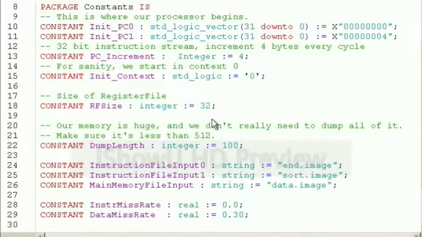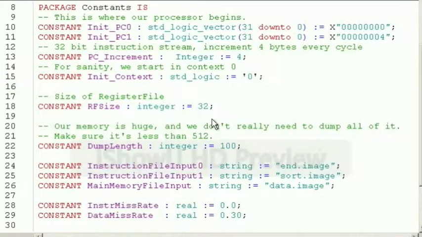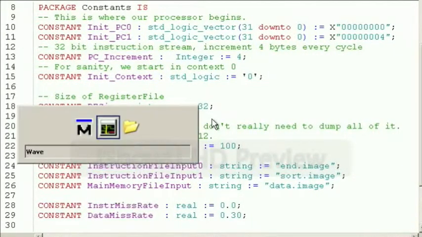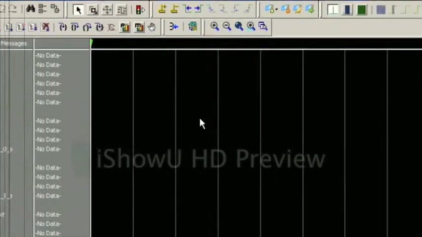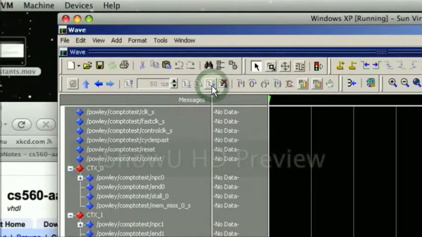Alright, in this demo we'll be showing sort, and it'll be running on data, the data.image, which has 32 signed integers in it. So you can see instruction file input 1 is set to sort.image, file input 0 is in.image, and main memory is data.image. Also, the data miss rate is set to 30% right now, and we're using a little trick for the initial program counter. It is set to 4, so it works on the first 32 words of main memory instead of the second 32 words. So we've already got it compiled, and we'll move over to the waveform and run the wave,